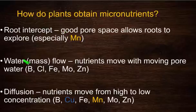Nutrients can also move with water. So boron, chlorine, iron, molybdenum, and zinc, they can all move through your pore space as water moves through the soil. The only one that really doesn't, you can see I put it in blue, nutrients that move from high to low concentration is diffusion. So if you have a very high concentration of these nutrients, they can also move through diffusion. Like if you've ever added a drop of dye to water and watched it spread out through the water,